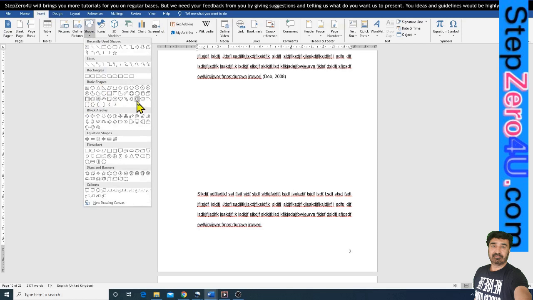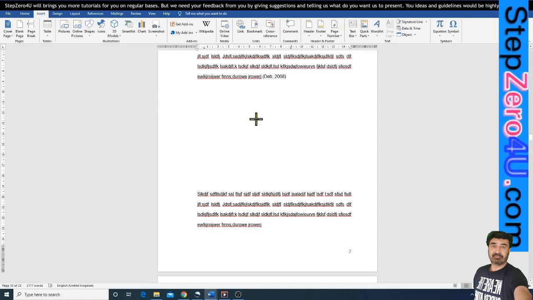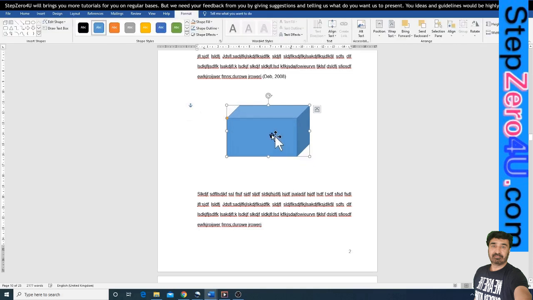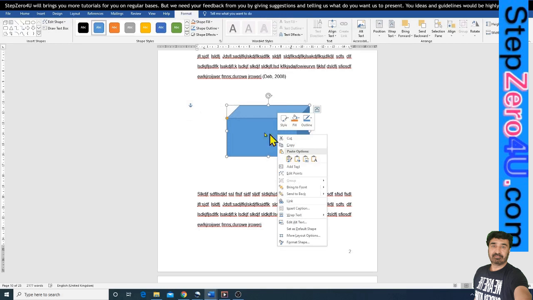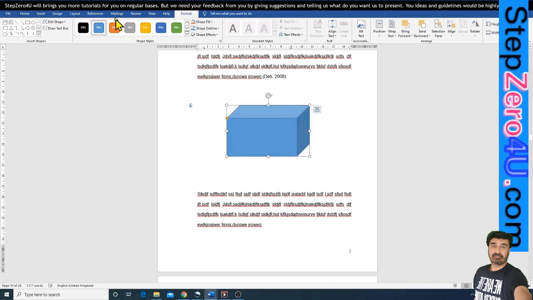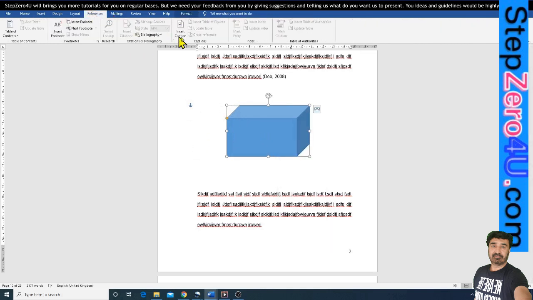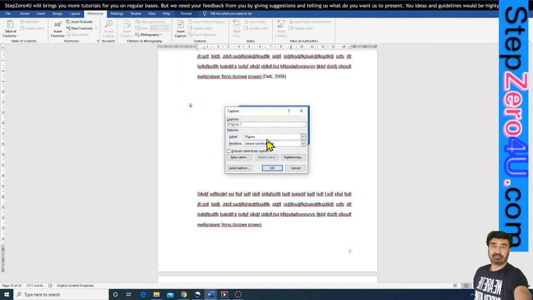For example, we insert a figure here, add a caption to this figure, this is the name of the figure, caption.